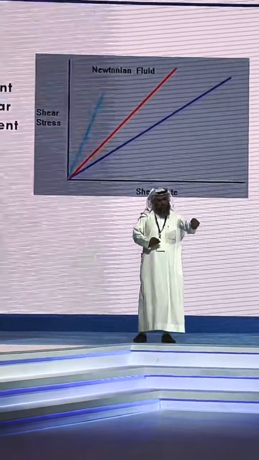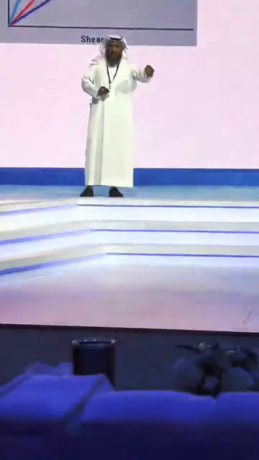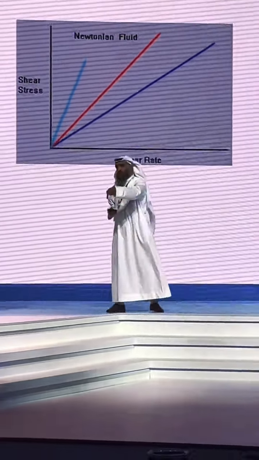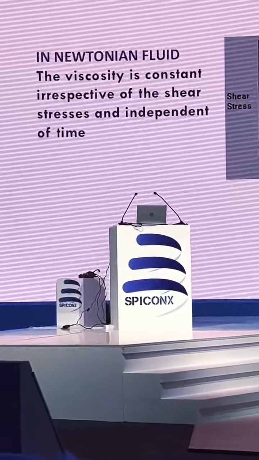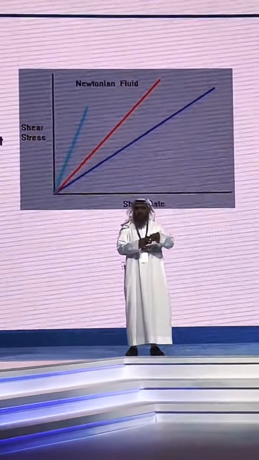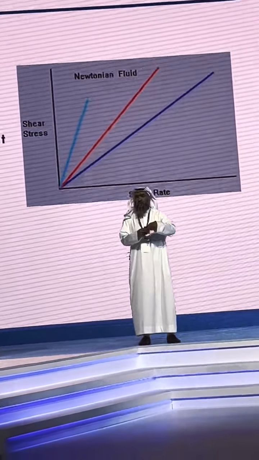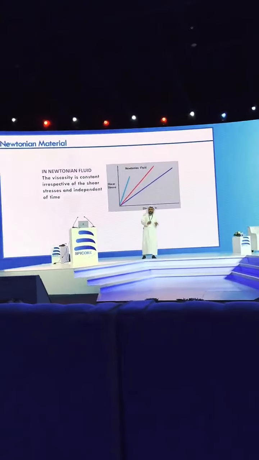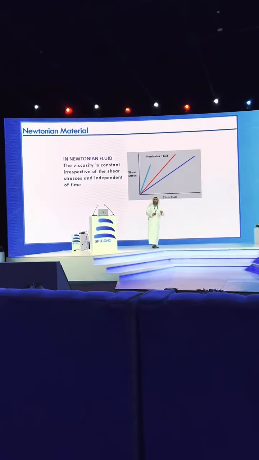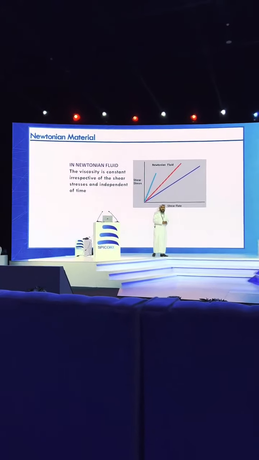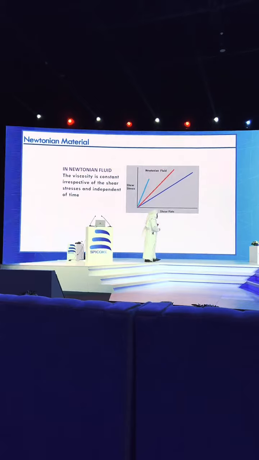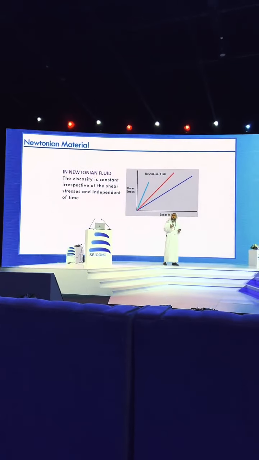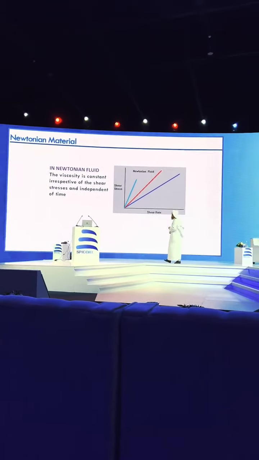That means if I dip my finger in water and run it at a certain speed, the drag or resistance that I feel on my finger is related to the speed by a constant value. That constant value is the viscosity of the material. So all this viscous material behavior is predictable. Whereas